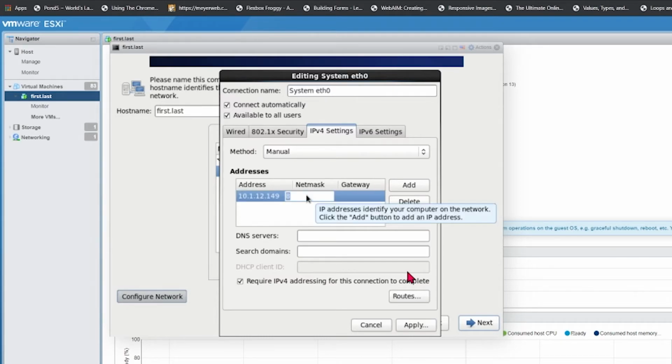10.1.12.149. The net mask will always be the same. The net mask in this case will be 255.255.0.0. And the gateway in this case, in your case, when you build your virtual machine, will be 10.1.10.1. Once that is done, I will hit the escape key to get out of the addresses box and use